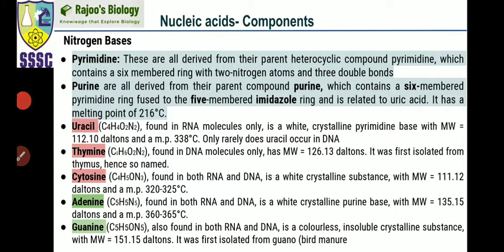What are the properties of these nitrogen bases? Pyrimidines are derived from the heterocyclic compound pyrimidine, which contains a 6-member ring with 2 nitrogen atoms and 3 double bonds. And purines are derived from the parent compound, which contains a 6-member pyrimidine ring fused to a 5-member